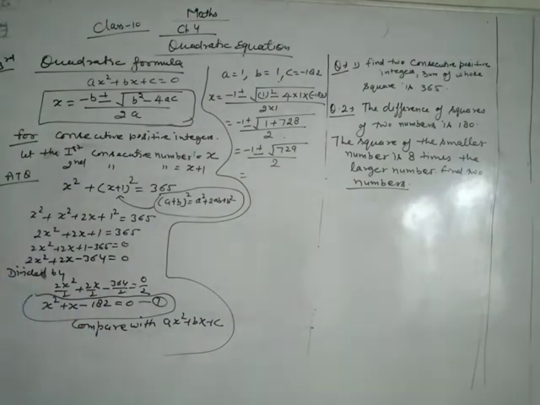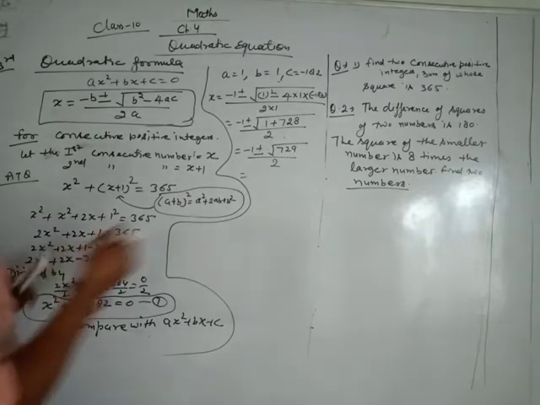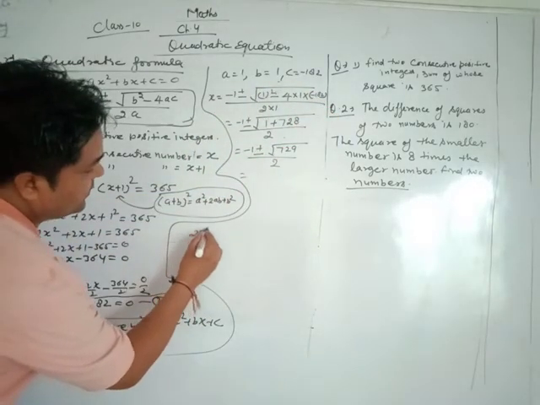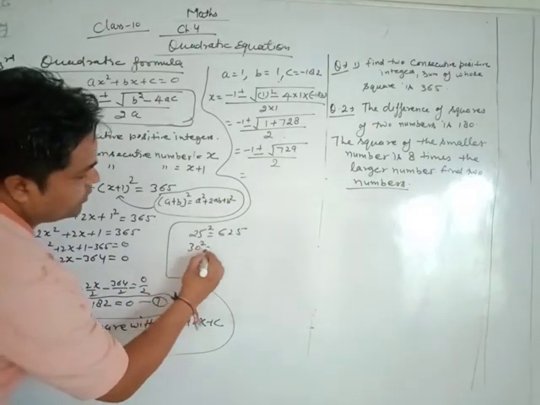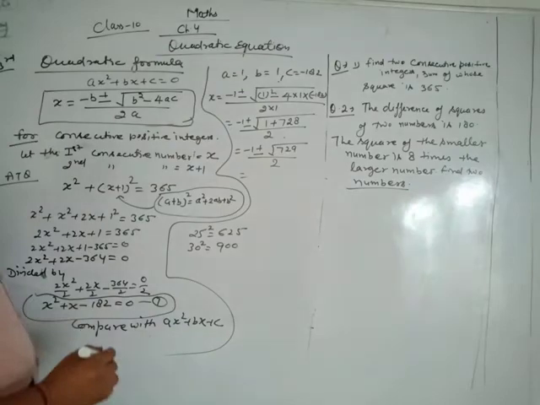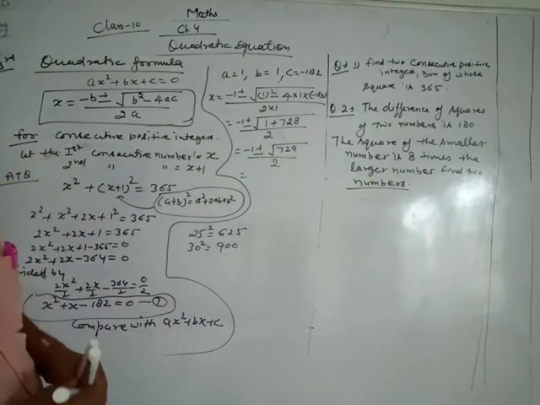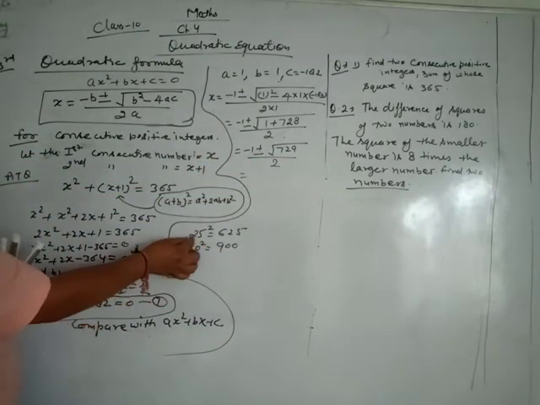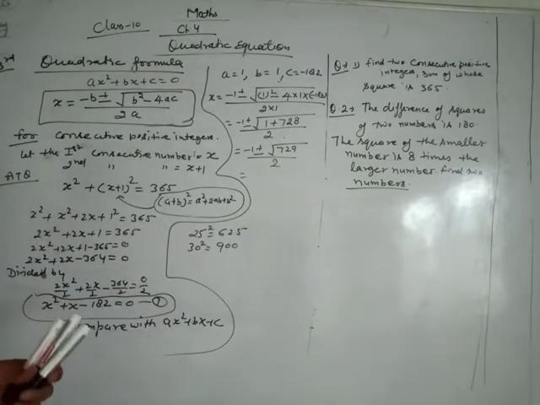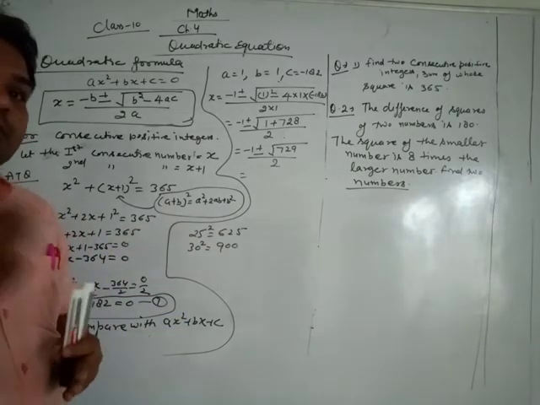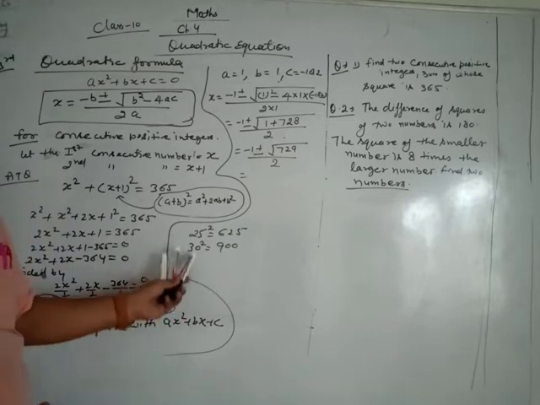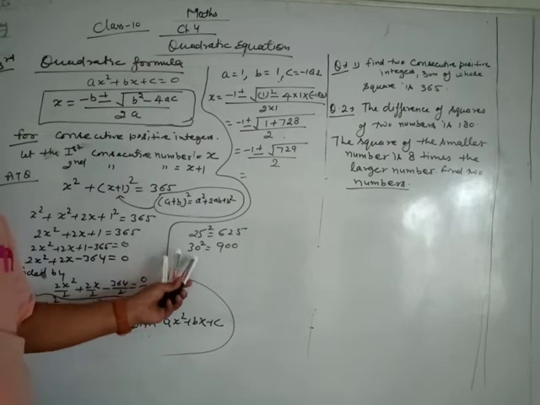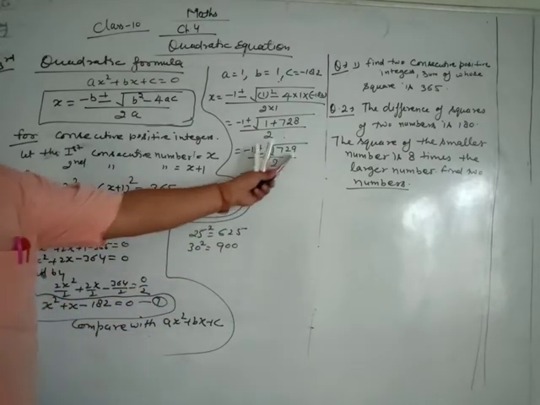So how can we check? We will check here: 25 square equals 625 and 30 square equals 900. It means the number 729 lies between 25 and 30. Now second, we will check the squaring of numbers between 25 and 30, to see which number gives 9 at the end.